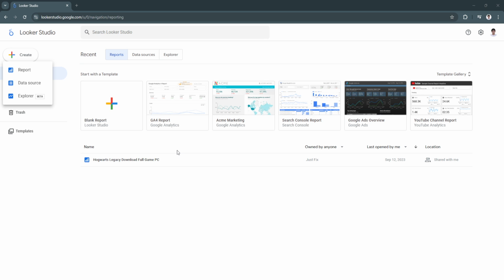This platform is commonly used for marketing analytics, such as tracking campaign performance by integrating data from Google Ads, Analytics, and other marketing platforms. It is also used for business reporting, creating executive dashboards that provide an overview of key business metrics. Also, sales performance. It is used to monitor sales KPIs by connecting to CRM systems or databases. So overall, this Looker Studio platform is widely used by businesses of all sizes to gain insights from their data